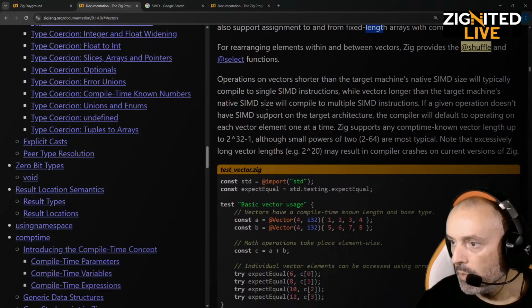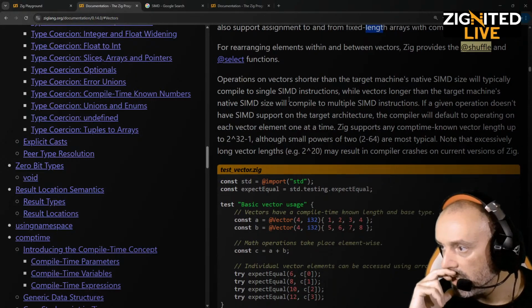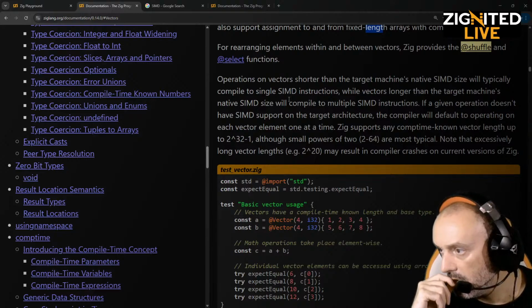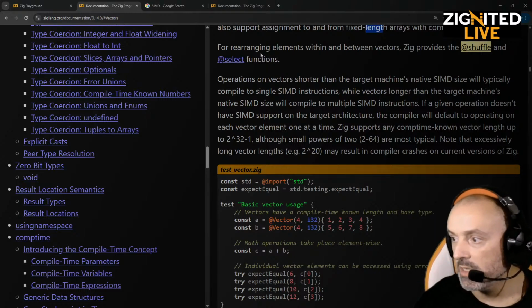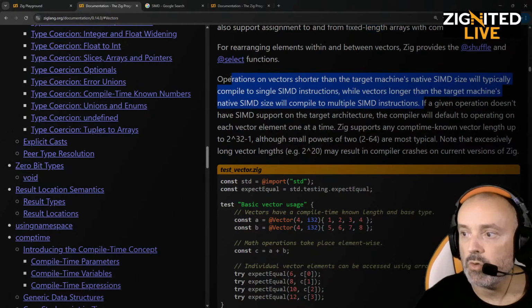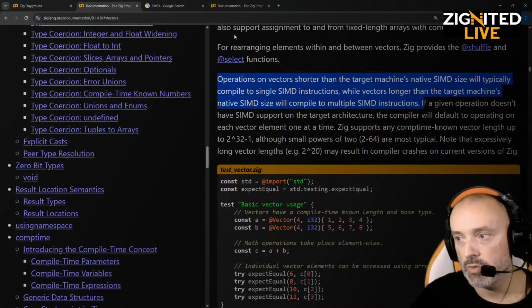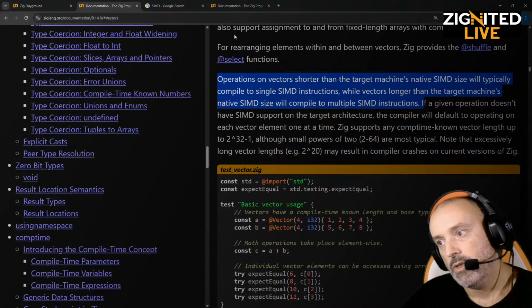vectors. Operations on vectors shorter than the target machine's native SIMD size will typically compile to single SIMD instructions. Okay. While vectors longer than the target machine's native SIMD size will compile to multiple SIMD instructions. This is so cool that you can literally use the hardware if you can. That you can use the